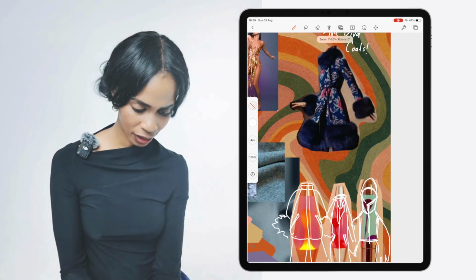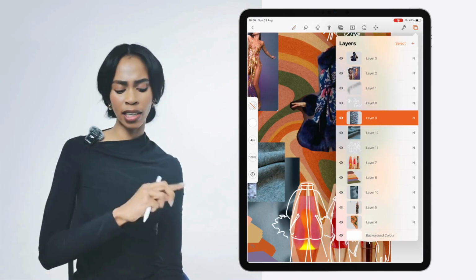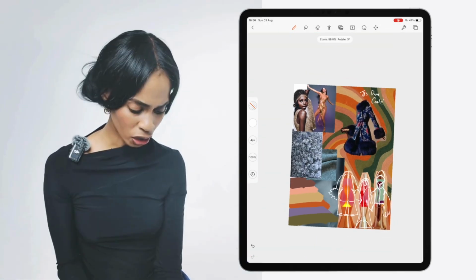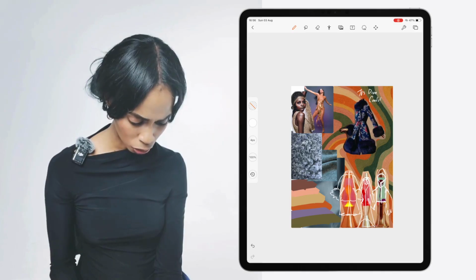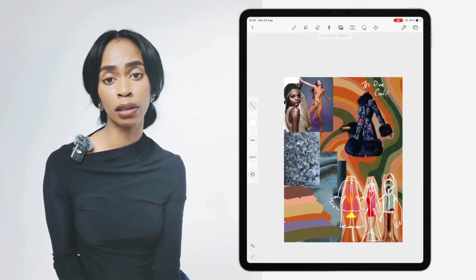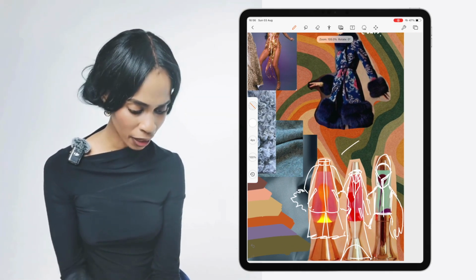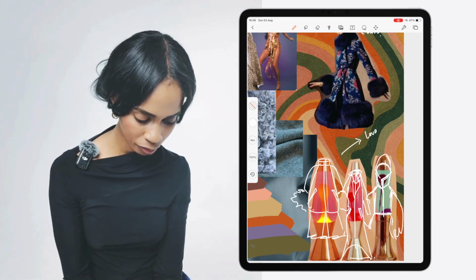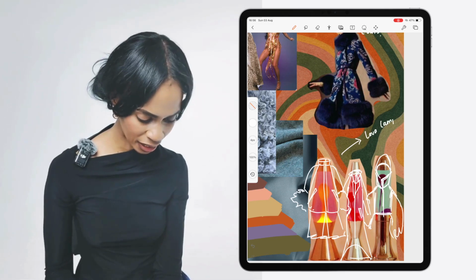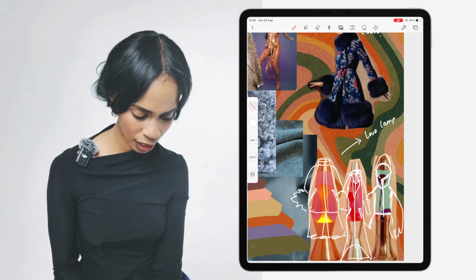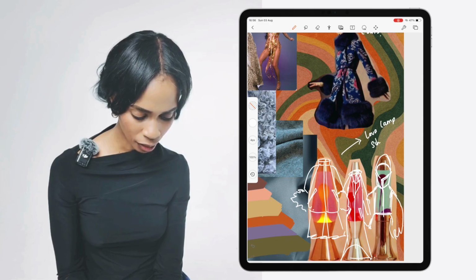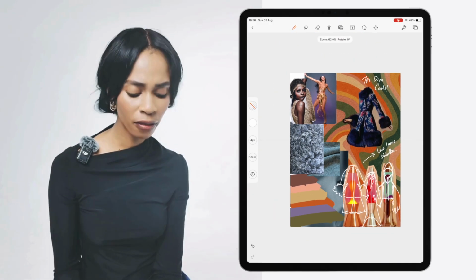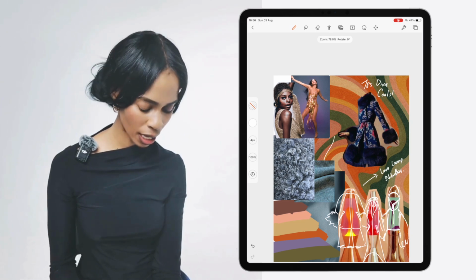All right, so now we have an idea of what direction we're going with, the colorways that we're going with. You can add some notes. I don't know, it's pretty clear. The different notes are clear. But for example, if you want to add some notes, what you can do, you can add and say like lava lamp silhouettes, and then you can add